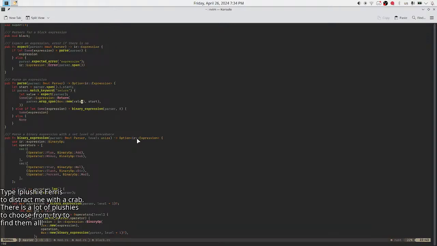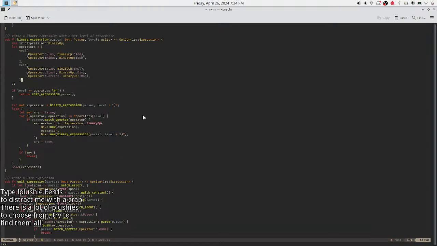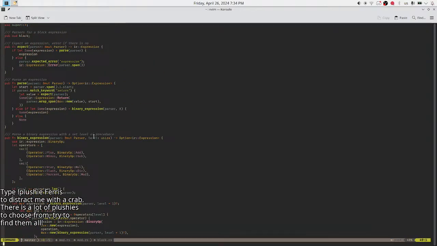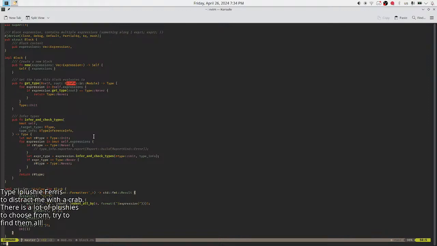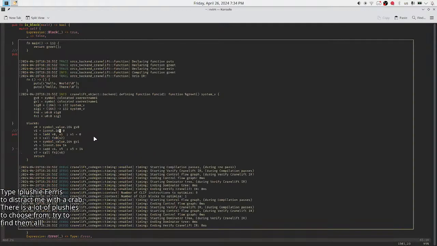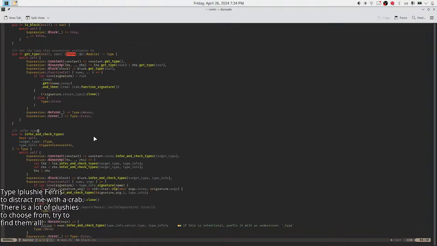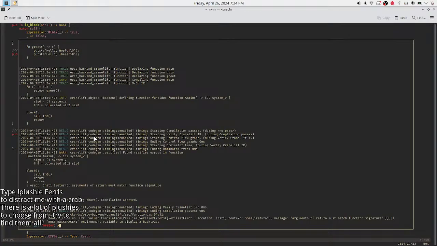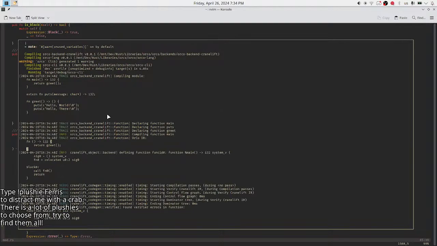What's this file? It's a parser for expressions. Yeah. Needs it right now. Let's actually check if it compiles first. Compiles and works. And I might want to run some tests because they probably don't compile.